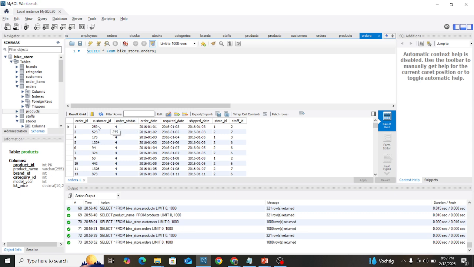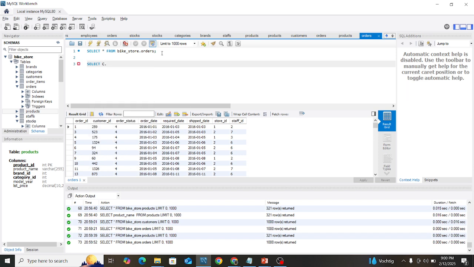I think we can get the order status from the order table, and we get the customer first name from this table. So it's just quite easy. Maybe you can use